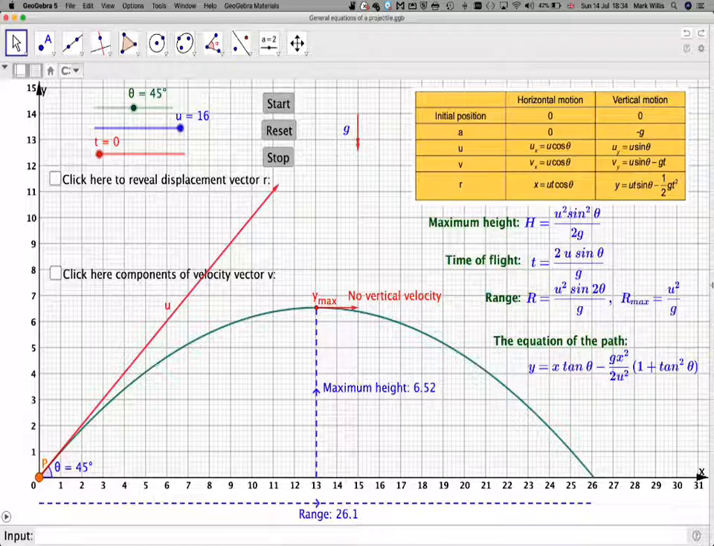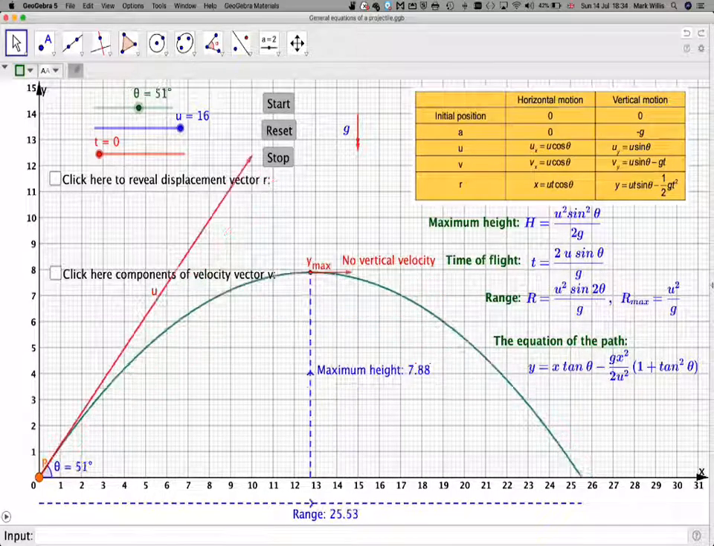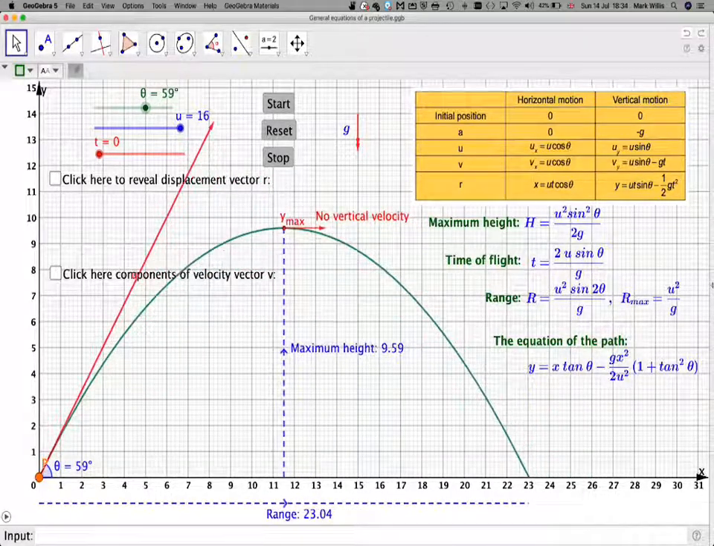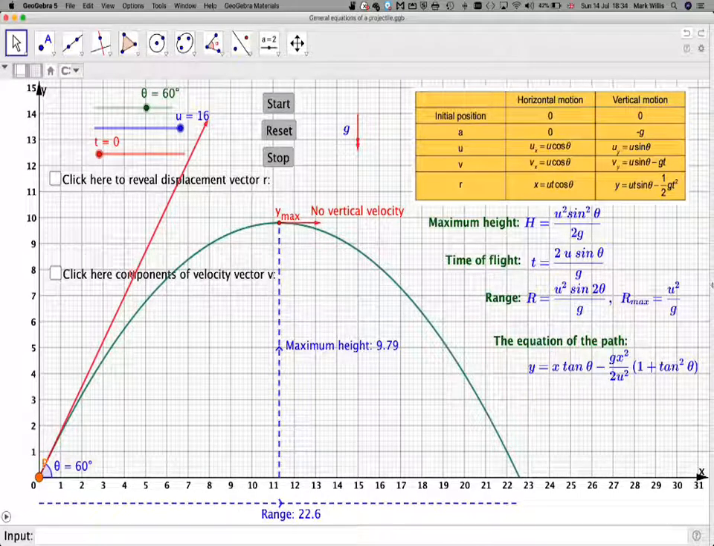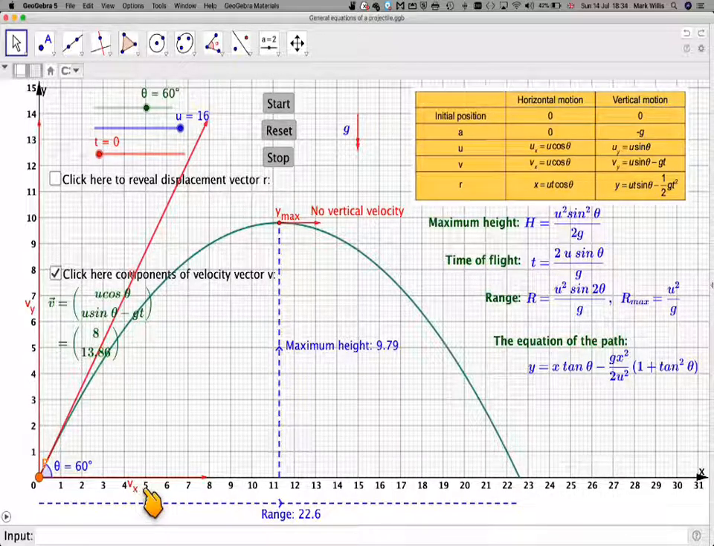Initially, you will need to change theta to being 60 degrees, which is there. Now, if we start the applet off, then what we see is a particle moving along there, and obviously then gravity will take over it, move down. So if we just reset that for a minute, if we click in here, we will get the initial velocity